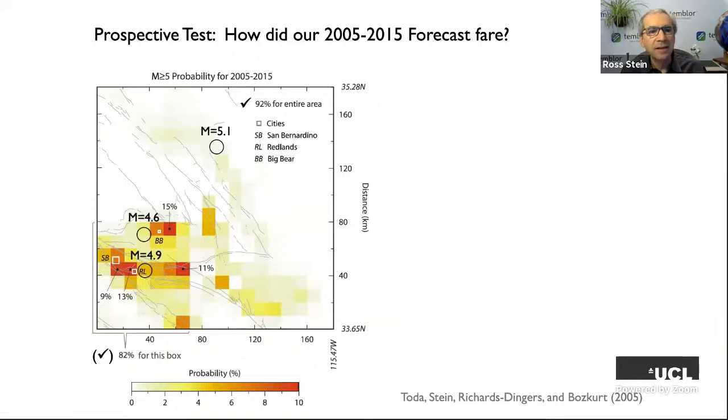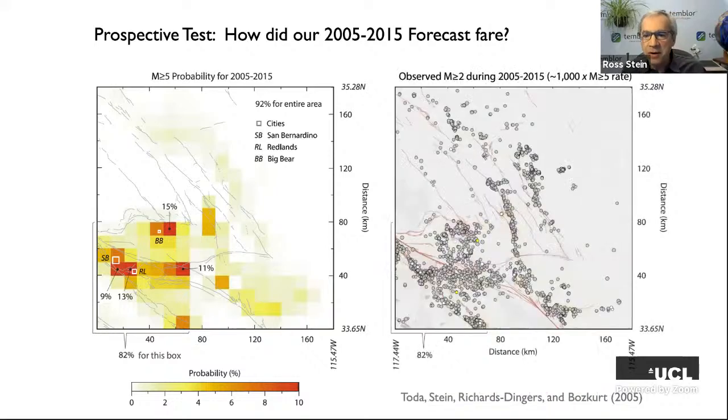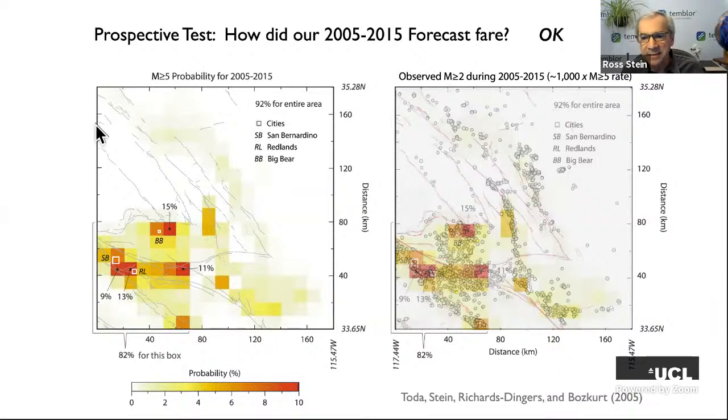Here's what actually occurred. Yes, we did have a magnitude 5 or larger earthquake in the box. We did have more earthquakes over in this zone, but not quite where we expected them to be. And this one is not at all where we expected it to be most likely. And we can also look at smaller earthquakes just to get a better gauge about what we did right and wrong and compare that with our forecast. We did pretty well over here. We did decently here. We really missed the fact that the Hector Mine aftershocks would be more abundant and last longer than we predicted. So I would think it's fair to say we did okay.